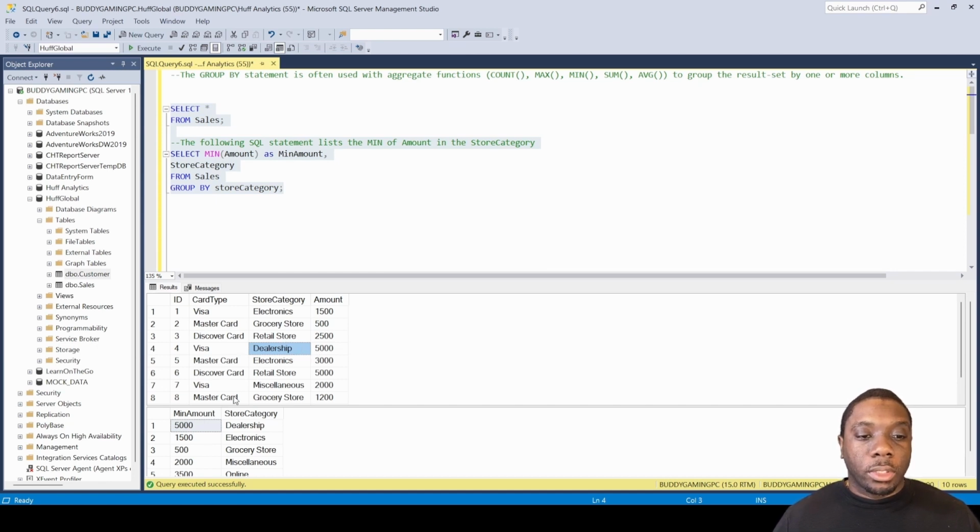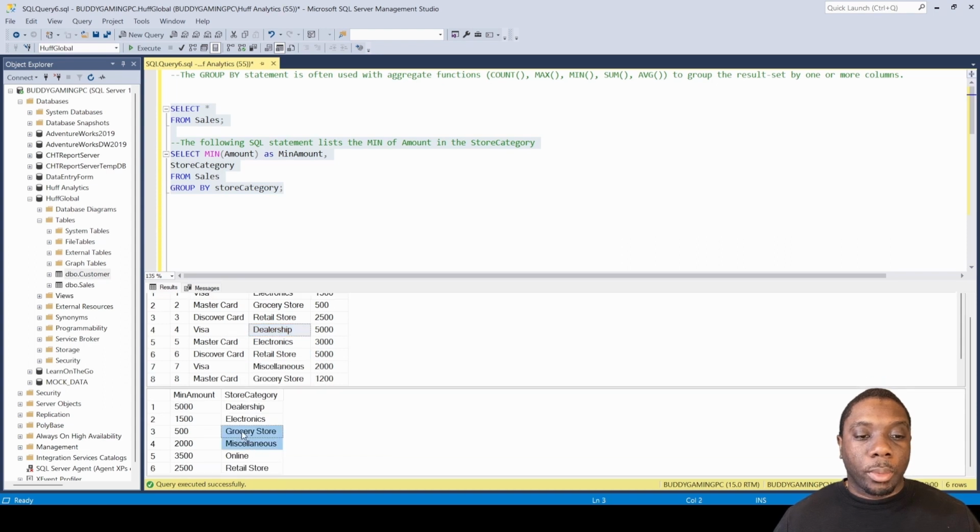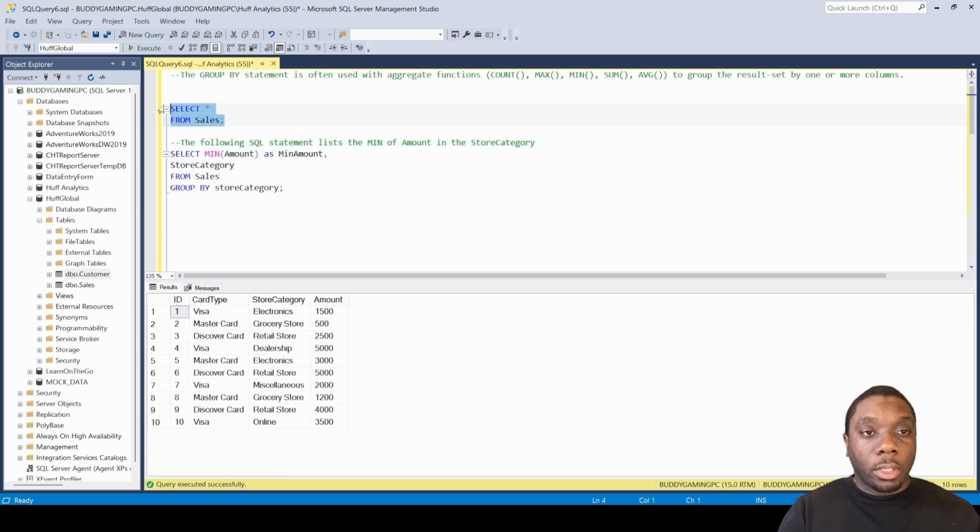And then if we go to, let's just go to our grocery store. Remember, our grocery store showed up twice, but we had one that was 500, and then we had another one that was 1,200, and the minimum was 500. So that's how that min amount works in our SQL statement. Let's go ahead and jump to the next one, sum. Let's go ahead and select all from here. Remember, no need to rewrite this. We'll just go sum here. We're gonna go sum here,